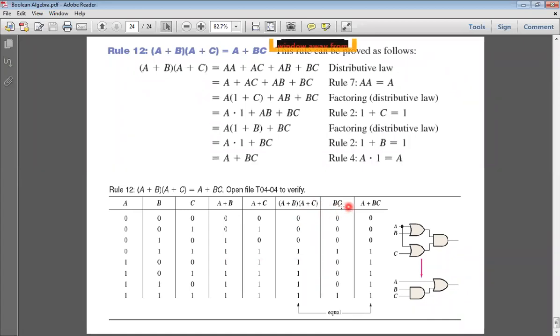And in the right hand side, we need BC term. So BC, how do you calculate BC? Consider this column and this column and use AND operation. 0 dot 0 is 0, 0 dot 1 is 0, like that. BC, and take this result, OR with A. So finally we have written A plus BC. So this column and the first column, OR these two columns. So we get A plus BC. Now see here, verify this. A plus B into A plus C, this column and this column are the same. They will be the same. And so that is the proof for this one.